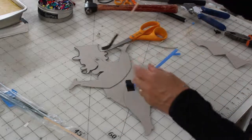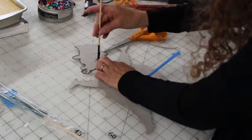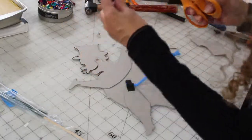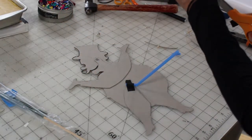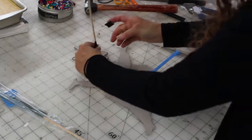Next step is to find the best point for your control rods. You can see here I'm doing trials with just tape and skewers. There's also a bendy straw there. This demonstration was for